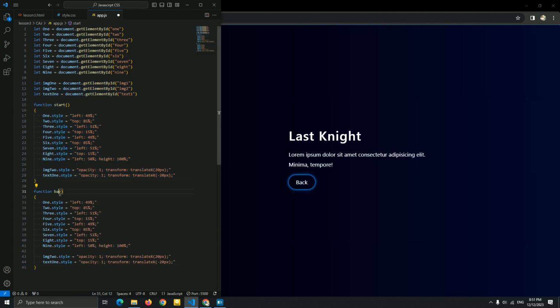Very simple. The easiest way, guys, is to just add unset. If you add unset, that means the first line we added here, for example left 50%, the unset deletes the style and it goes back to the same style as the first one. So I'm gonna add an unset.